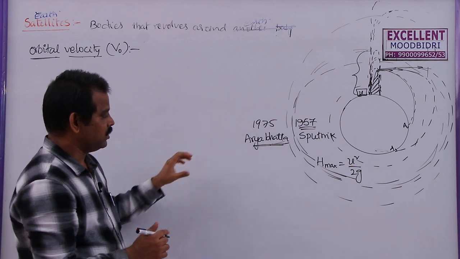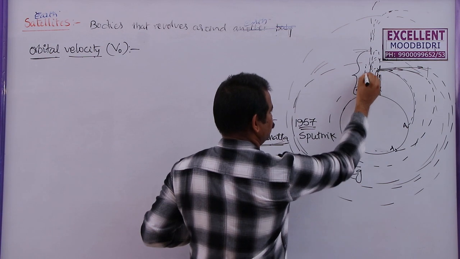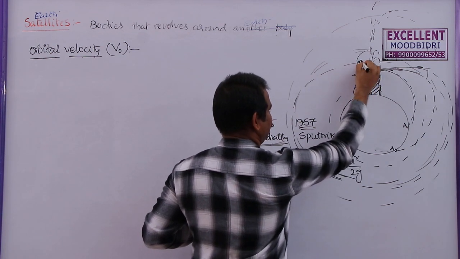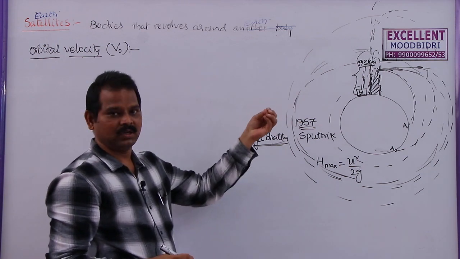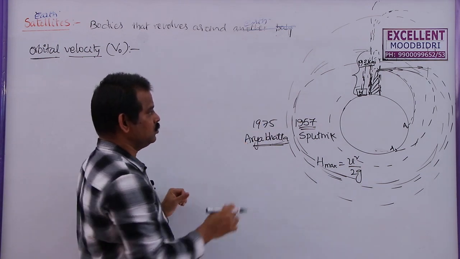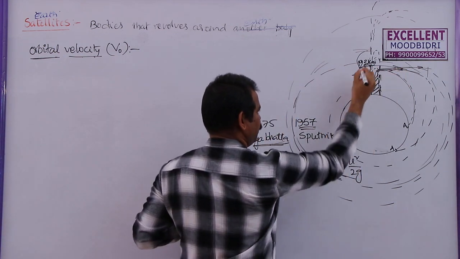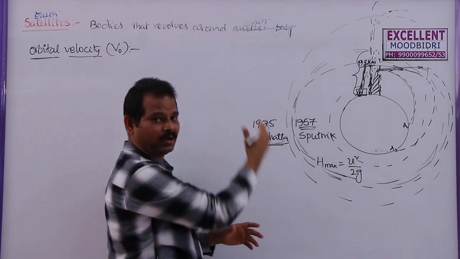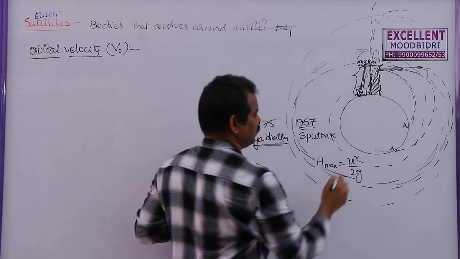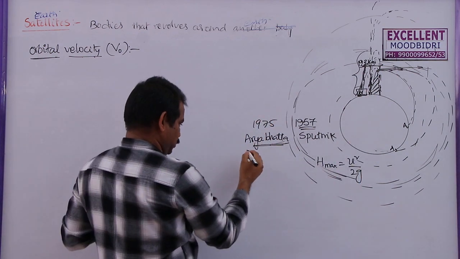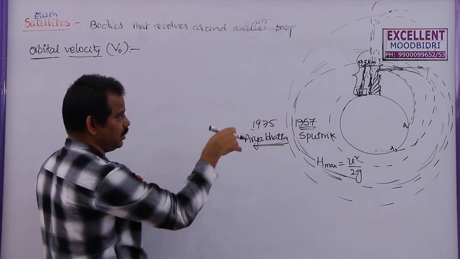Remember, to send these satellites, we need a rocket. When the rocket moves through the atmosphere, after reaching 193 kilometers, generally this rocket will project some more small rockets so that the satellite will move in the horizontal path. That means up to 193 kilometers, it will move along a straight line, vertically upwards. After that, these small rockets will give the horizontal velocity. This technique was used by all the countries previously, even now.